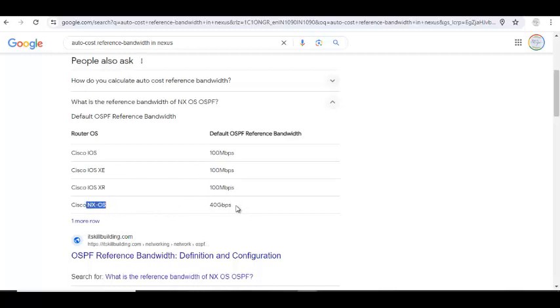So now, only if you are having 100 gig in Nexus, then you need to change. Otherwise, you don't need. See, we have 1 gig, we have 2 gig, we have 40 gig, we have 10 gig. We also have 100 gig. Whenever you have more than 40, then you may need to go and increase the reference bandwidth.